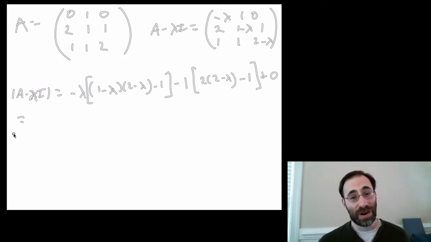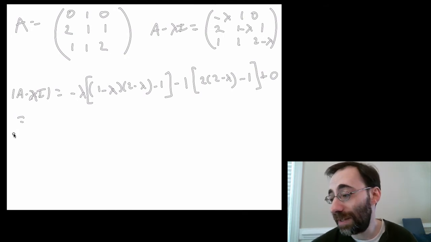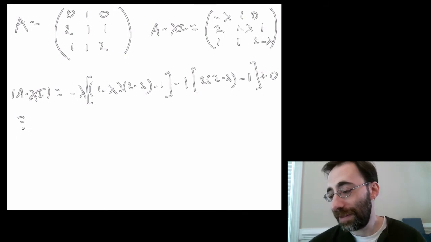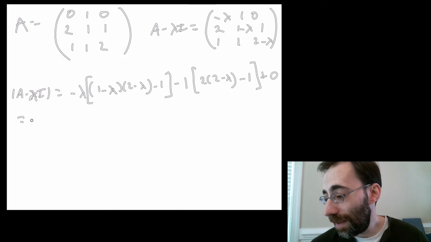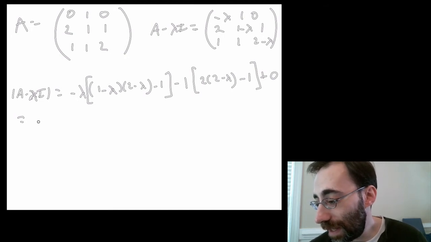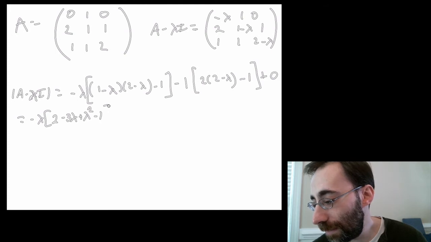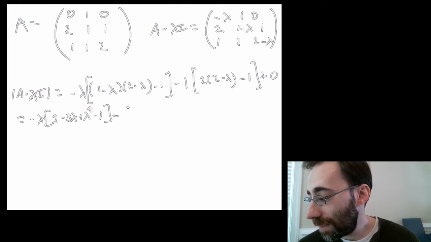And you can tell it gets much harder to calculate eigenvalues with bigger matrices quickly. So it's difficult to find one quickly that just works on the fly. But we can multiply this thing out. We get, let's see, negative lambda. Do this thing inside first. That's 2 minus 3 lambda plus lambda squared minus 1, minus, that's going to be 4 minus 2 lambda,